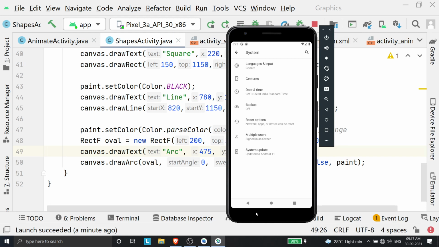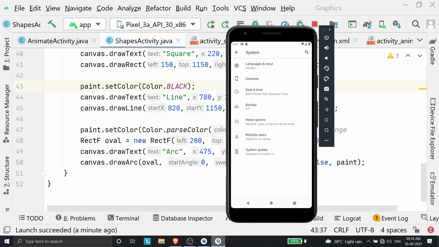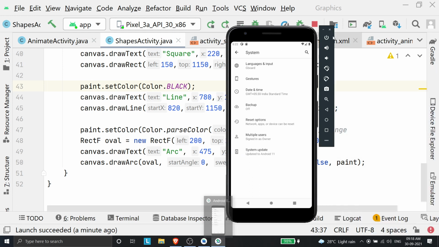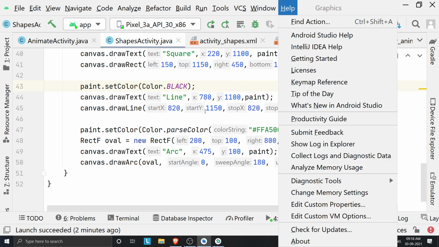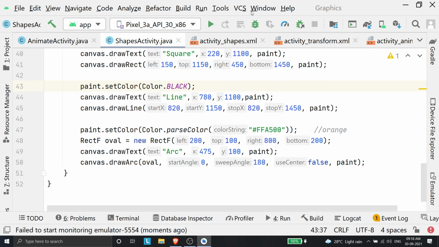Okay, my AVD is not responding for some reason. Just give me a second. Basically, my AVD has stopped responding.